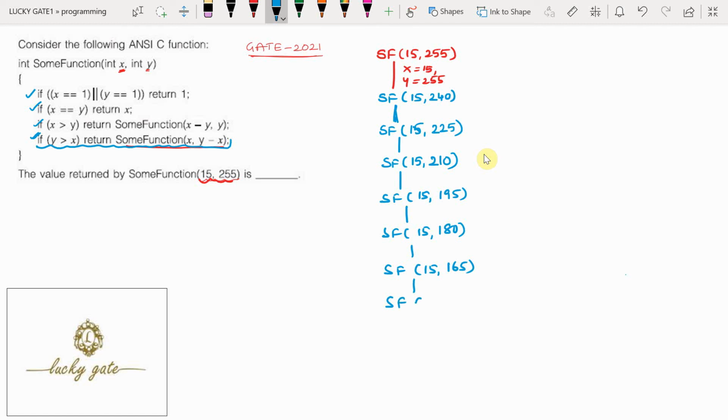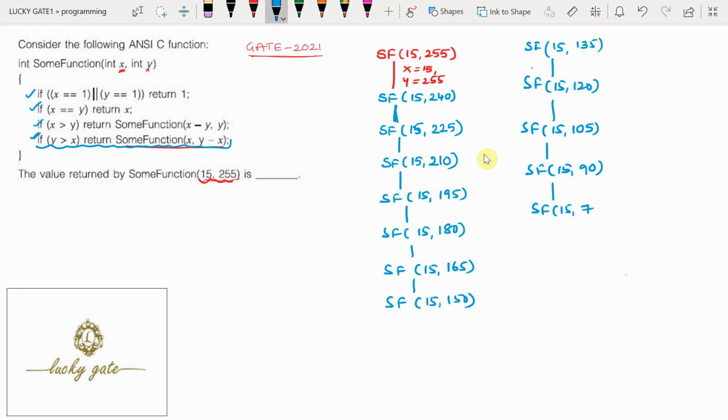Then sum function of 15 comma 150, sum function of 15 comma 135, 15 comma 120, 15 comma 105, 15 comma 90, 15 comma 75, 15 comma 60, 15 comma 45, and 15 comma 30.